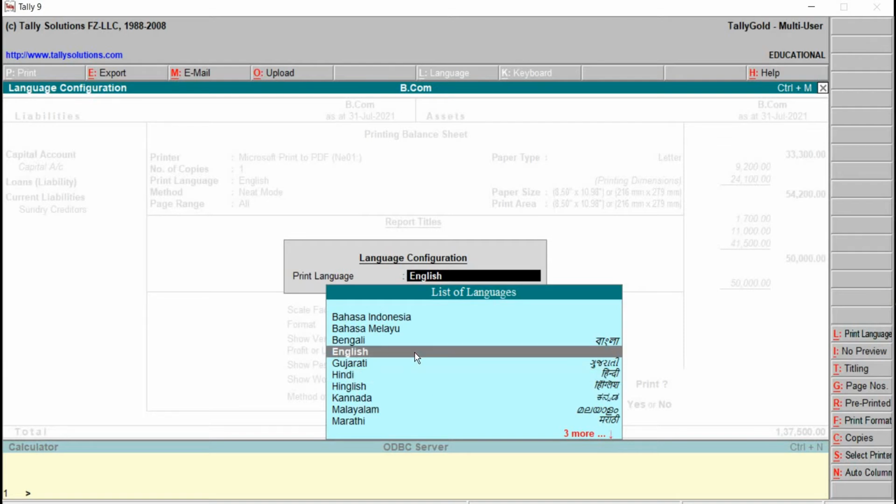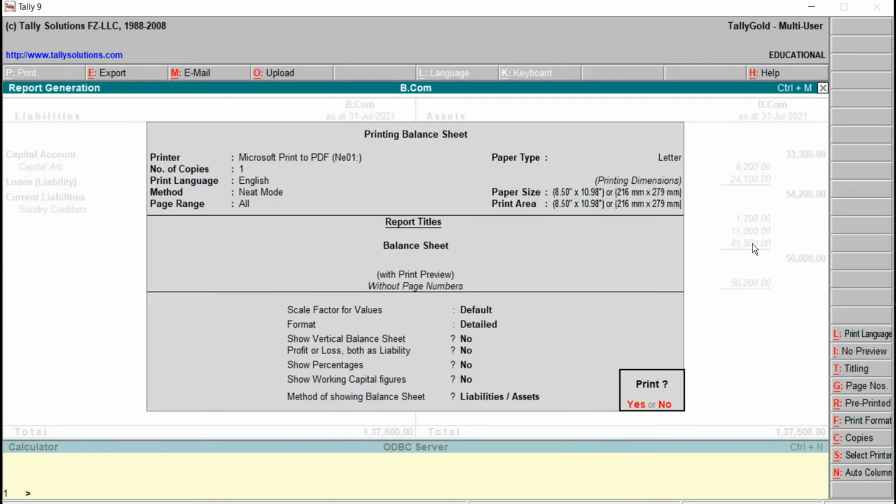To come out, escape. In the same way we can go for print preview, with preview or no preview. Select no preview, and we can see it will not appear. Suppose we require print preview, before giving the print command we can have a look at the print preview, with print preview, and later we can select the print command.